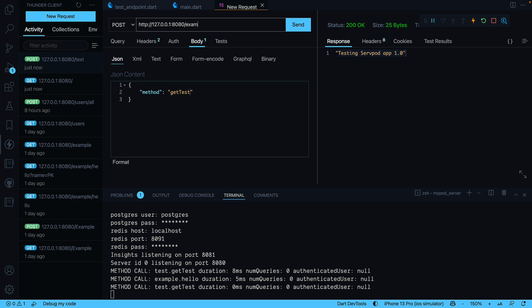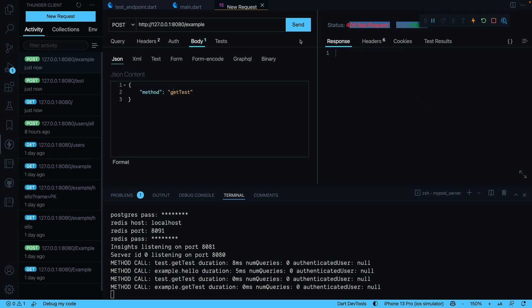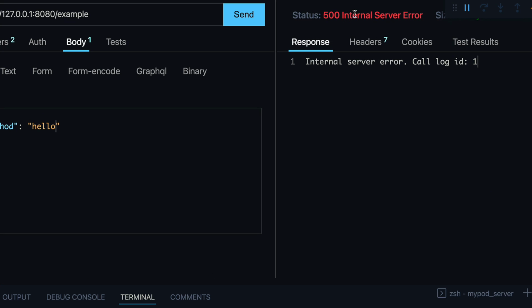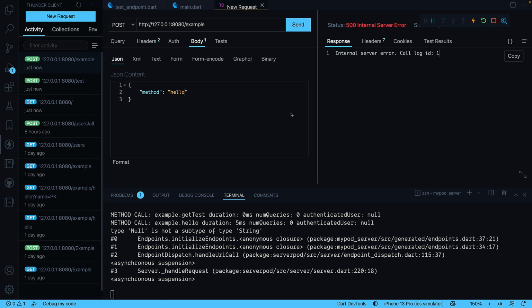Similarly, I can do another one, and this time if I send it, it will be a 400 bad request because the method name is not getTest, but hello. So if I send it, it is saying 500 internal server error. Why is it saying that? Because it is also displaying that type null is not a subtype of type string. Why is it saying that? So if we go to